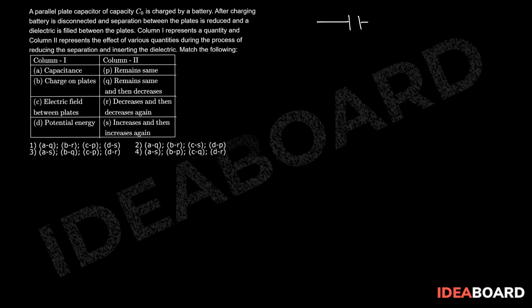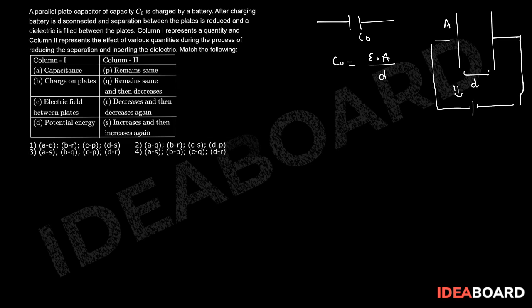Suppose we have a parallel plate capacitor which has capacity C0. So let's make it like this. Suppose initially the separation between them was D and there was air between them. So we can assume that C0 was epsilon naught A by D, if the cross section area is A. Now, this is being charged with a battery. Let's say they charge with battery V, so Q initial will be equal to C0 into V. Perfect. Now they disconnected the battery.